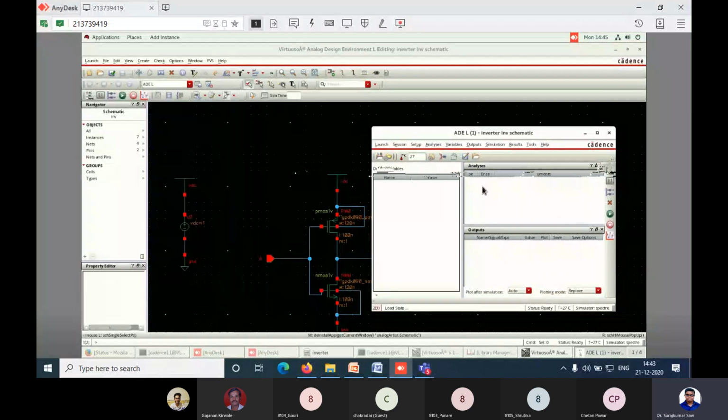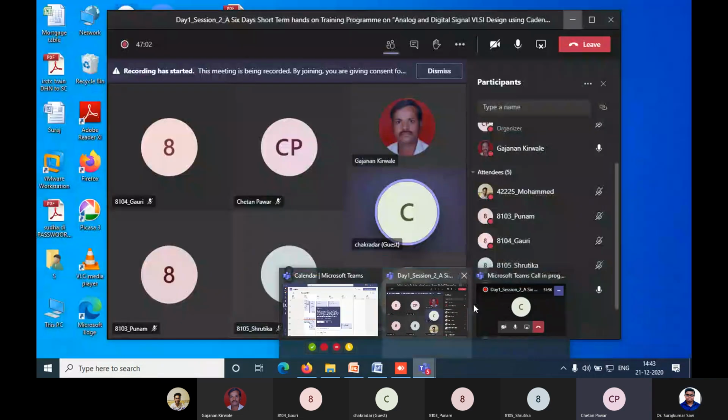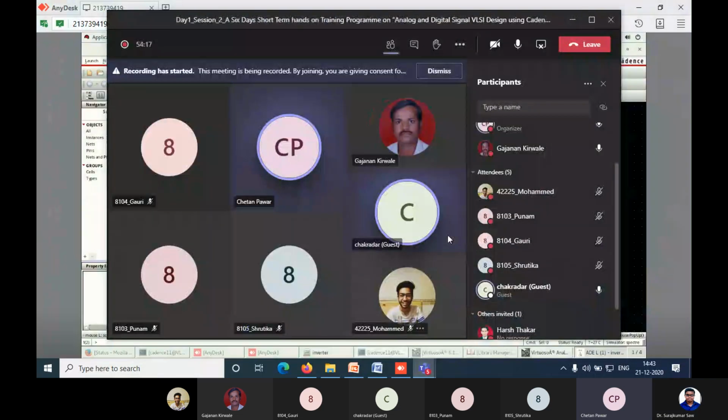Yes, all PC number 8, go to launch ADL. Similarly PC number 7, press yes. If they ask for license, just press yes. Go to launch, the upper menu, and launch ADL.